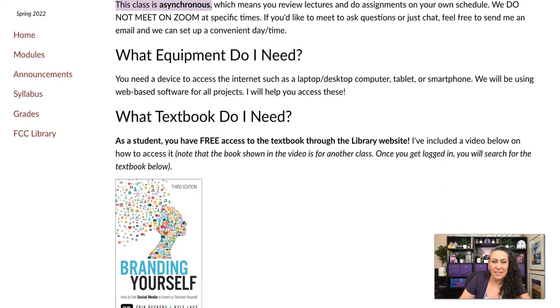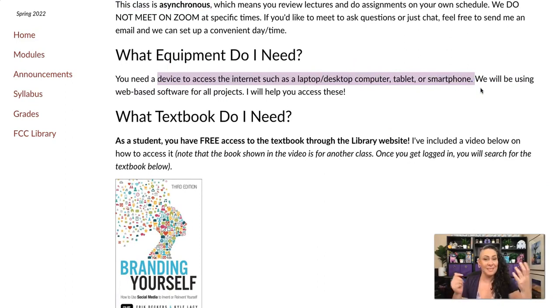What equipment do you need? You need a device to access the internet, such as a laptop, desktop computer, tablet, or smartphone. Pretty easy, right? If you're watching this, then you're already set up for the class. We're going to be using web-based software for all the projects, and I'm going to help you get set up for this, okay? Now, for the textbook